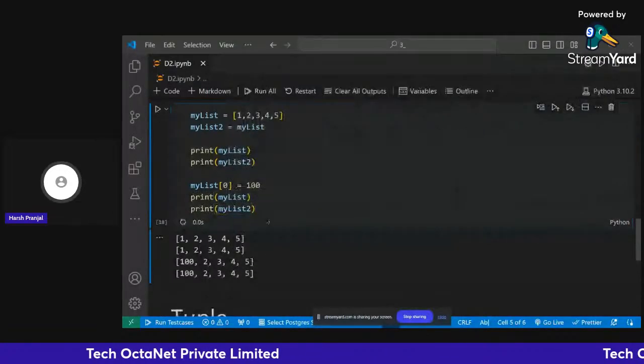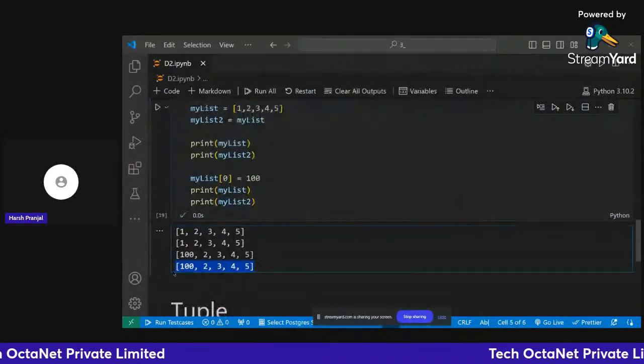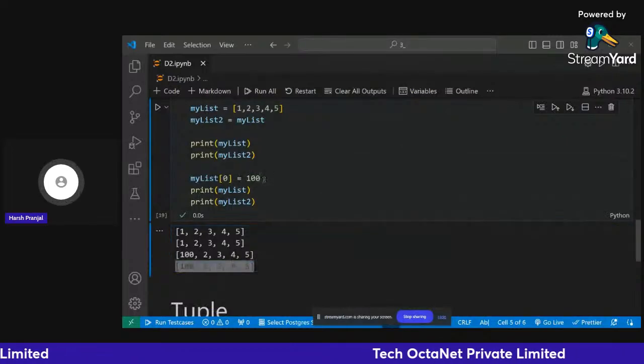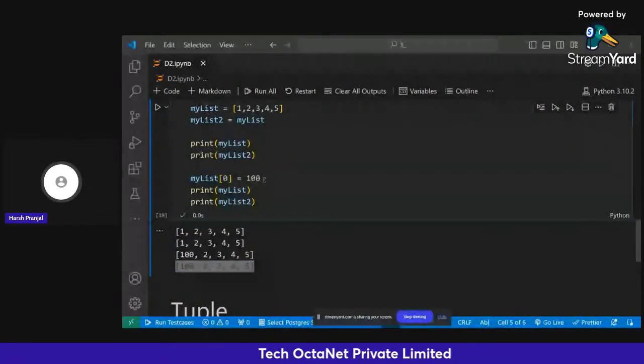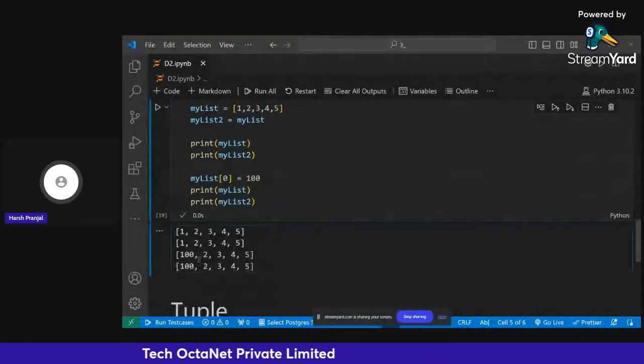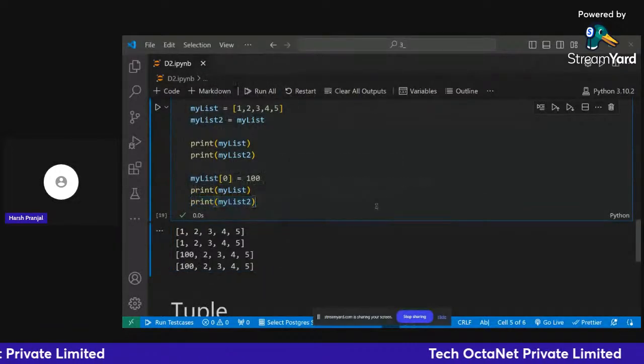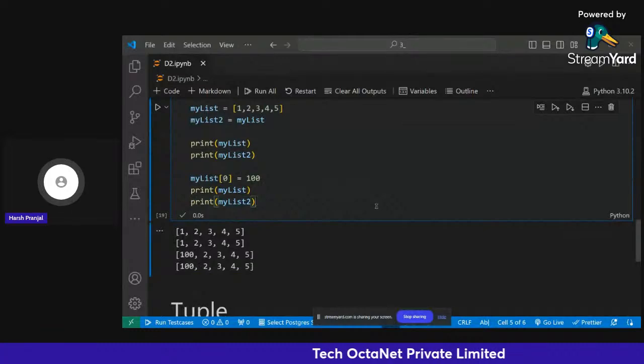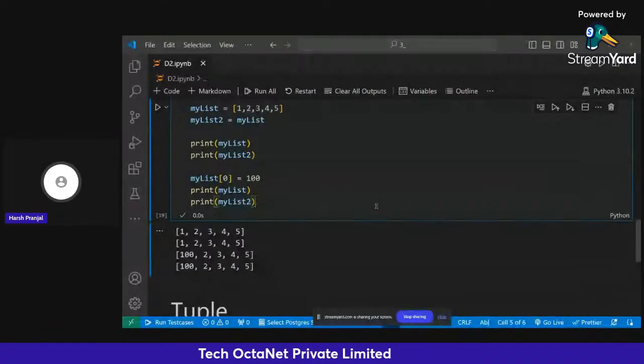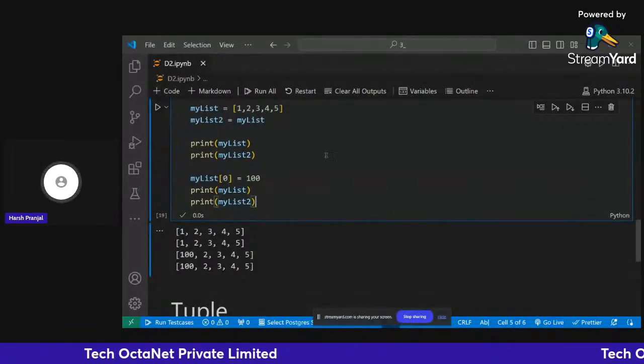Again here, we are getting 100, right? But I changed the value of my list, not my list 2. But the change is also reflected in my list 2, right? So this concept is again related to yesterday's concept. We have seen that